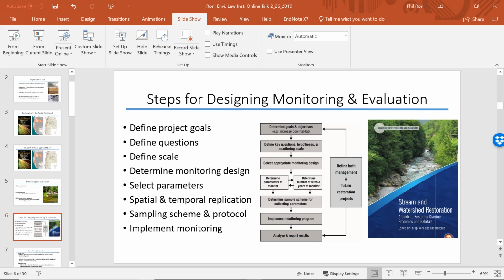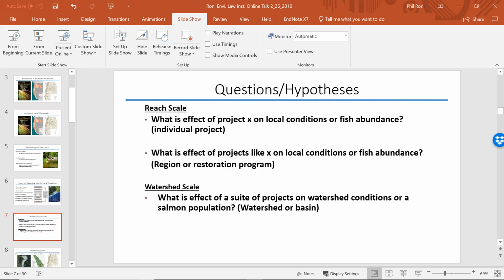I'm not going to go through all of these, but I'm going to touch on a couple of these steps because I think they'll set the stage for talking about what we've learned from monitoring and evaluation at the different scales. One of the challenges we're often faced with is people asking, well, what are the questions we're going to ask? What are the questions for your monitoring program? This should really drive the whole thing. And what we've